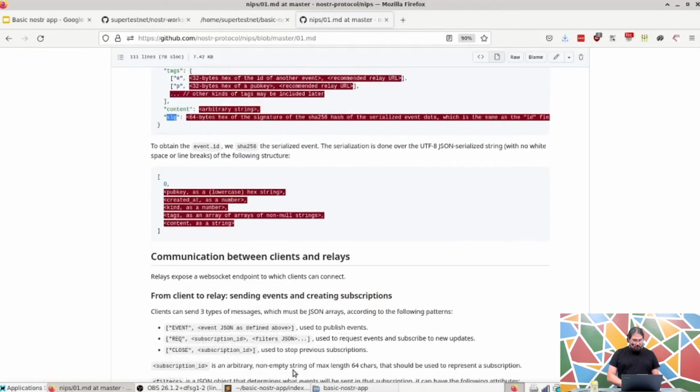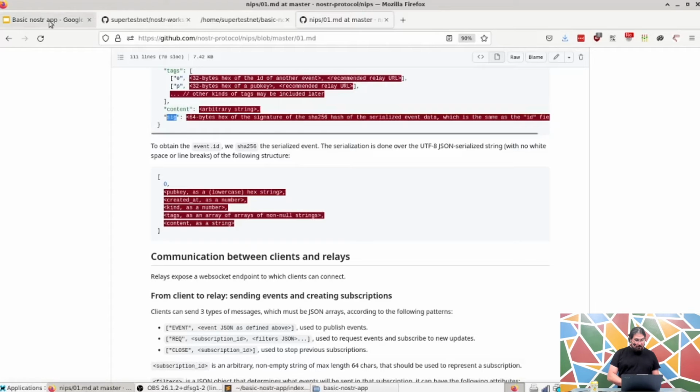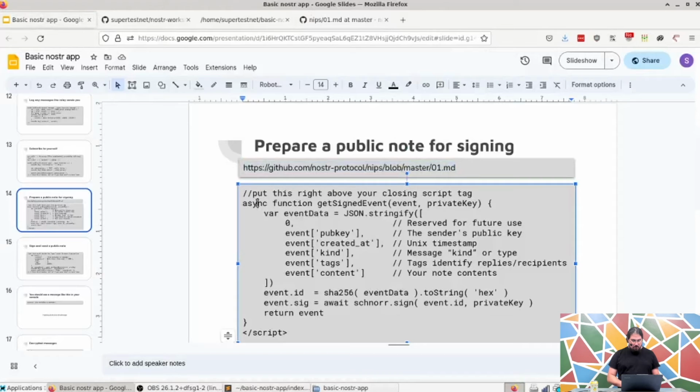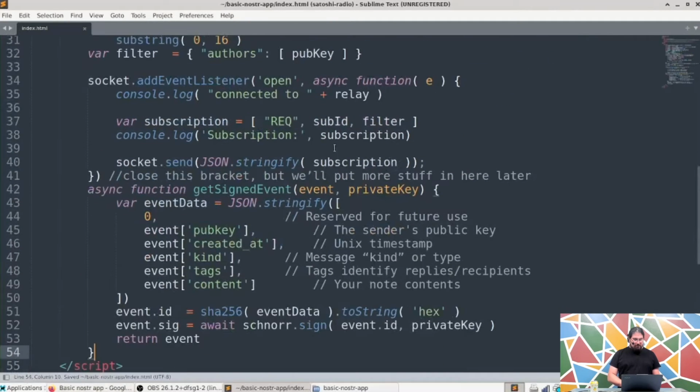And then we can see most of that content in our code over here, which I haven't yet put into our app. Let's do that. It says put this right above your closing script tag, so put it right here. Save that. We've got a function here called getSignedEvent, and we're going to pass it an event that we create along with our private key. What's it going to do? Well, it's going to assign a version number of 0,